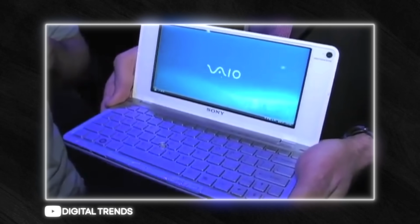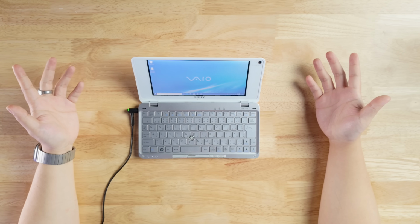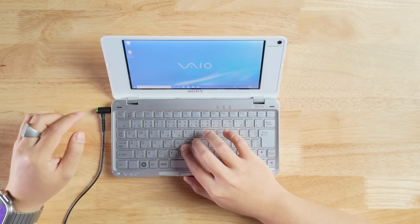Now, originally, the VAIO P was shipped running Windows Vista Basic, but here it seems like we worked on it because it is running Windows 10, which might actually be a problem because I think that this operating system might be a bit too clunky for the hardware that this particular laptop is equipped with. We're talking, if I go into our task manager, which is taking forever to load,